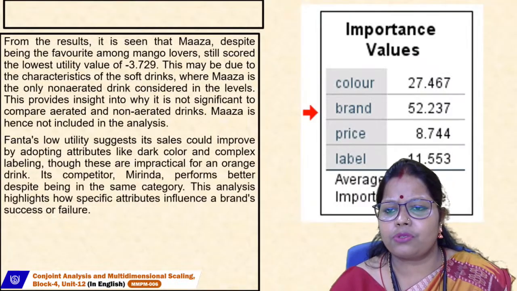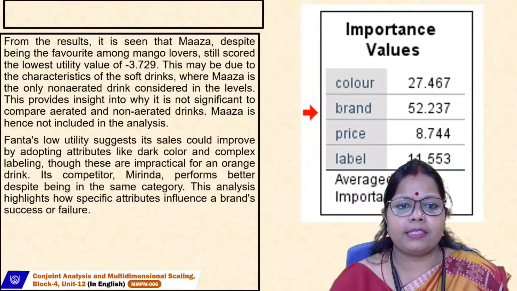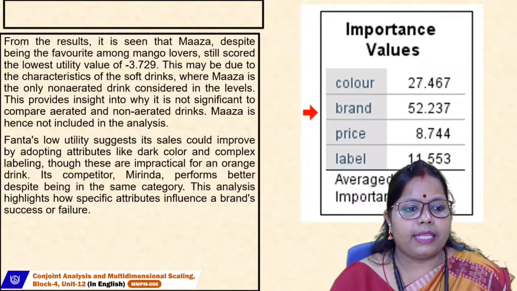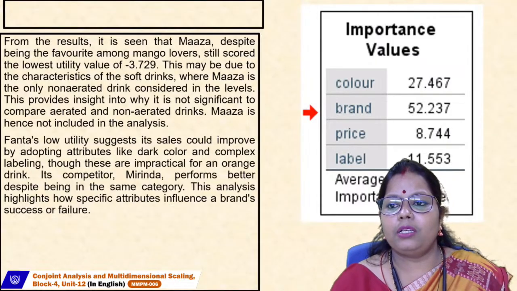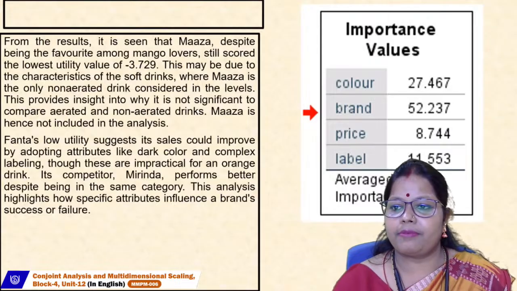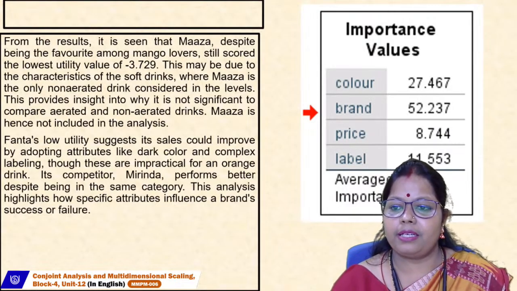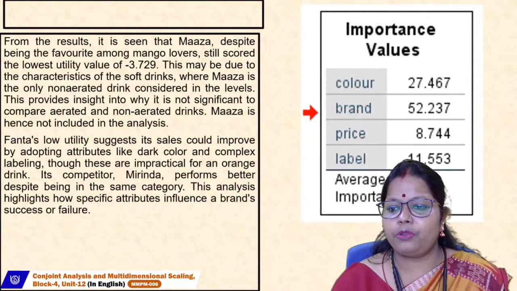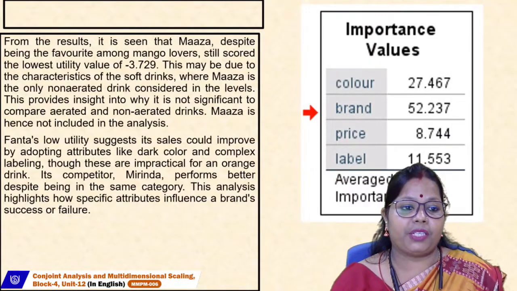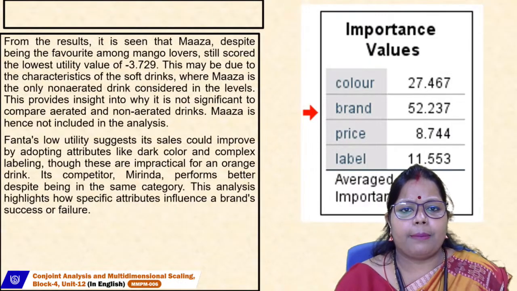See the different values we have calculated and found from the SPSS. For Fanta, the attribute values are: color 27.467, brand 52.237, price 8.744, and level attribute 11.553. So from the result we can see that